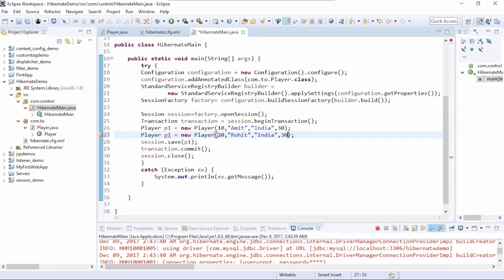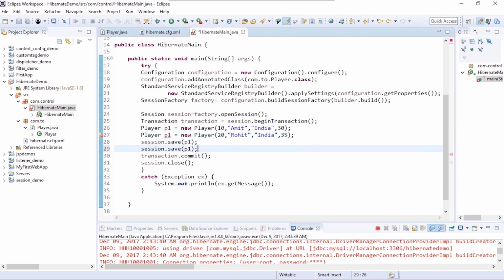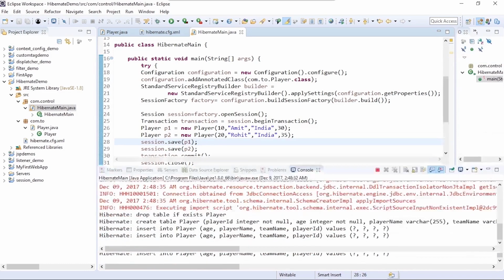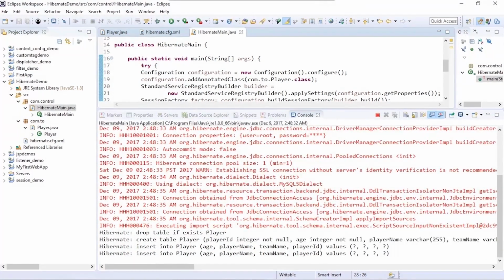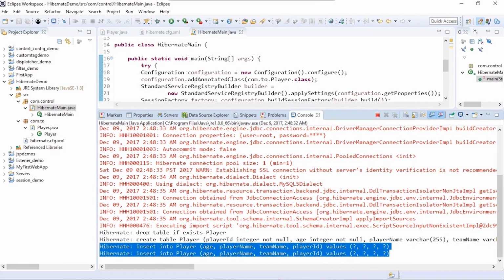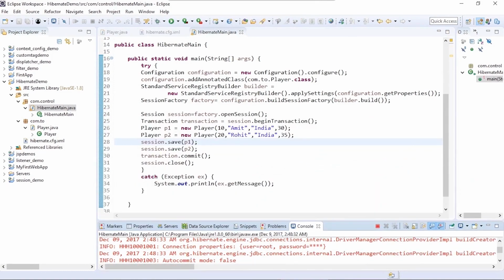Change the age value, and so we've created a new player P2 and we are saving it into the database. And you see after we've executed, it drops the table, creates the new table, and it inserts the data into the table.